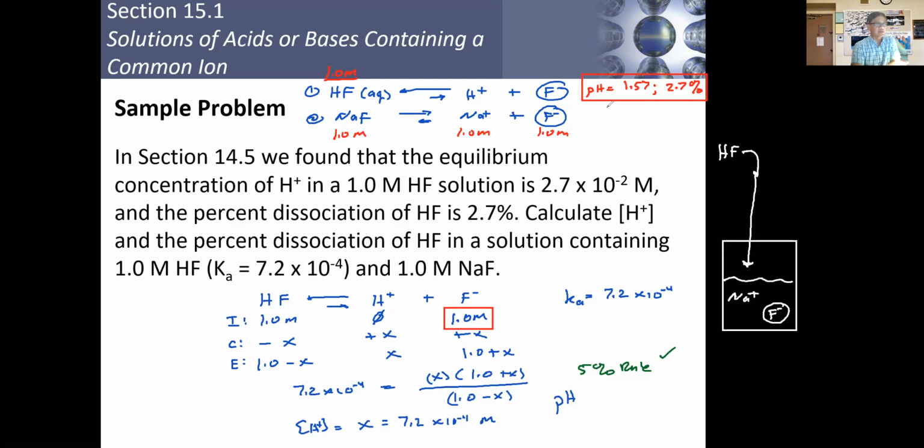Remember, we said then that if you have a common ion, what did we say? And before I give you the answer, the equilibrium is going to shift back towards the left, which means then that the hydrogen ion concentration is going to drop. We already said that. Let's look at what we know prior to going into this. By adding in this common ion here, we have then,